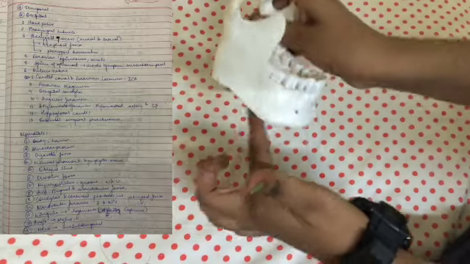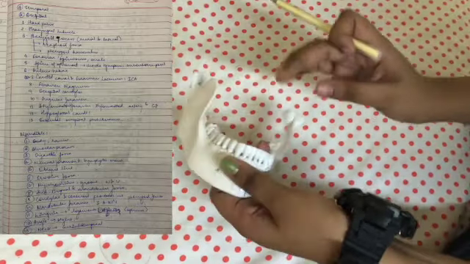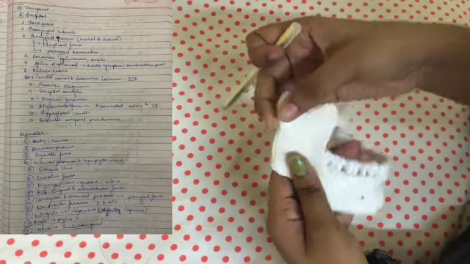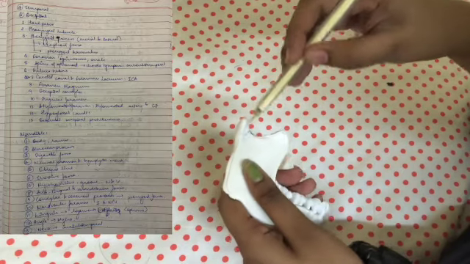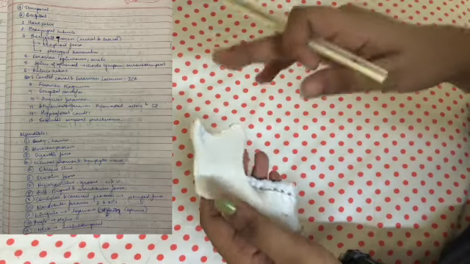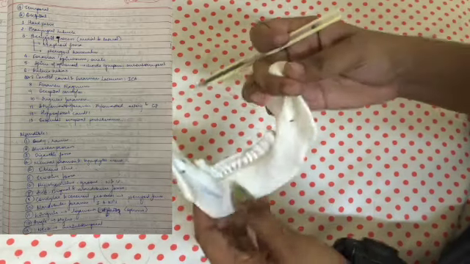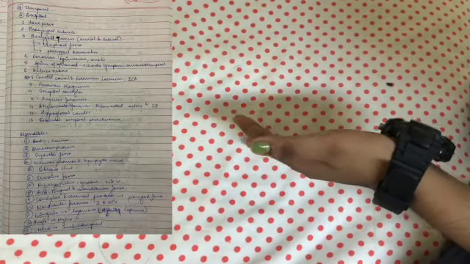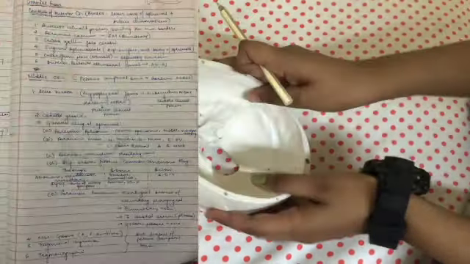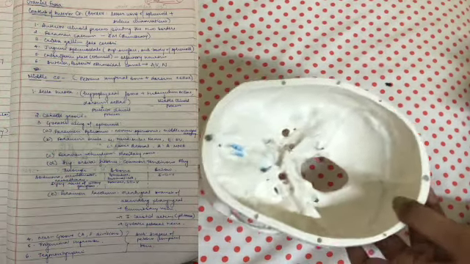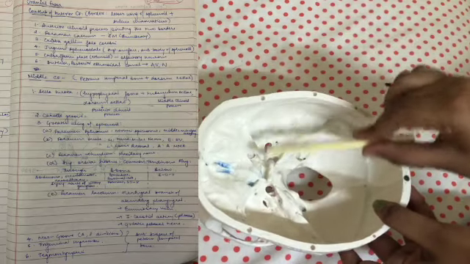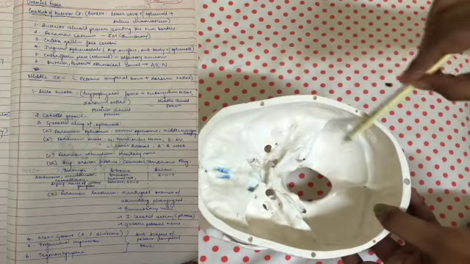And then you have the neck of the condyle, or the condyle is the head and this is the neck. So the neck is in very close association with the auriculotemporal nerve. And this is about the mandible. Let us move on to the most important part, which is the cranial fossa. The cranial fossa is divided into three parts: the anterior, middle and posterior cranial fossa, which is pretty prominent here.